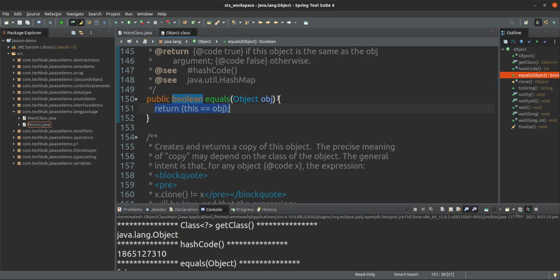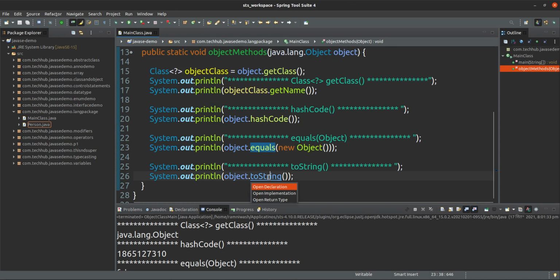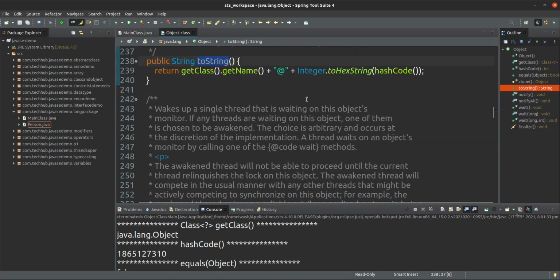If it is equal, then it will return true, otherwise it will return false. And the toString method, what exactly will it return? The class name, after that it will concatenate @, after that the hexadecimal number of the hash code will be appended, and that string it will return. So this is the default implementation.